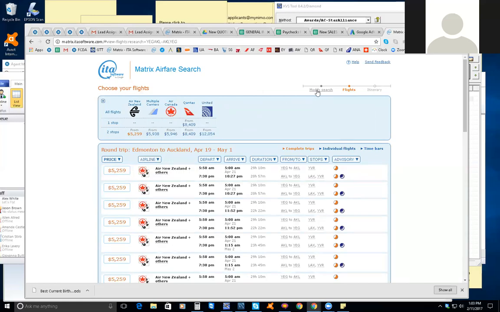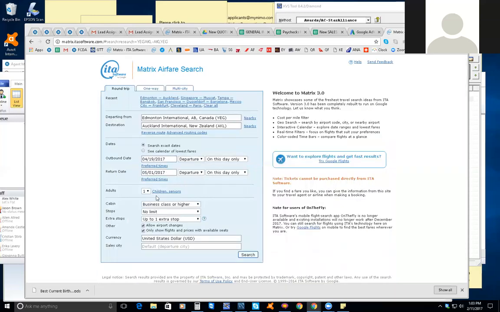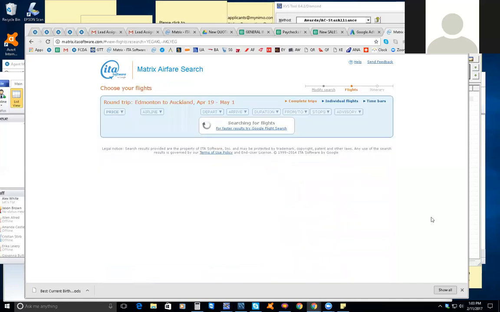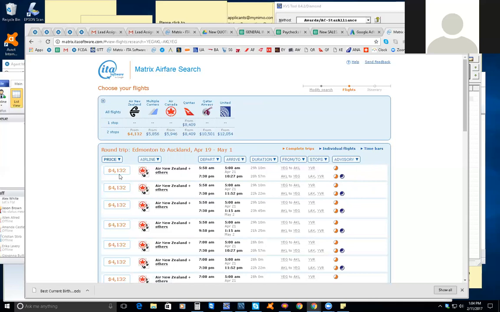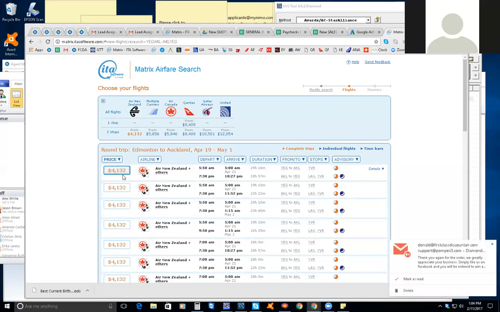And you can also double check if it's in premium economy, is it really cheap? A lot of times if they can buy it in premium economy really cheap, we're not going to be competitive because a lot of people will do that. So I'm just checking to see. So it's about $5,000 in business class. And if they wanted to choose premium economy instead, I'm just looking to see what the competition is. These are prices that they would get if they never called us. So it's about $4,000 in premium economy and it's about $5,000 in business class. So that tells me that this one's definitely worth working on because it's kind of an expensive ticket. And